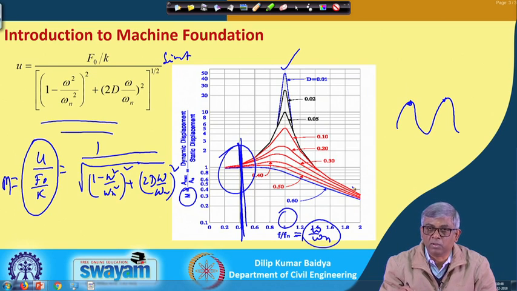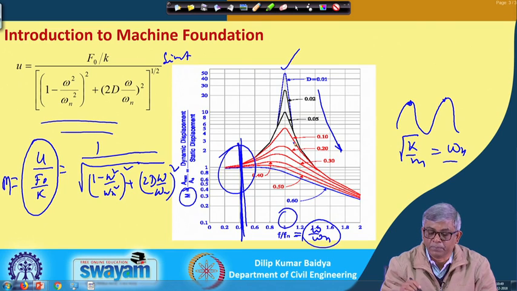From this plot we can see that with the increase of damping, that is, the damping is increasing in this direction, the amplitude is decreasing, or we can say with the decrease of damping the amplitude will increase. And you can see that if it is an undamped system, the natural frequency will be under root k by m. That means at omega over omega n equal to 1 it is supposed to be the peak, but you can see the peak is actually happening slightly before 1. You can see for this resonance here, for this resonance here, for this resonance maybe here.